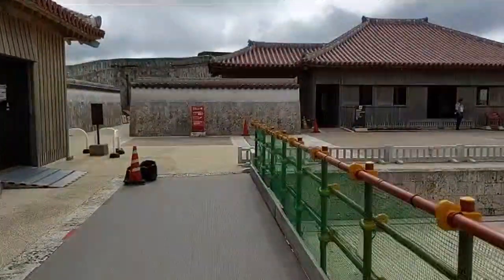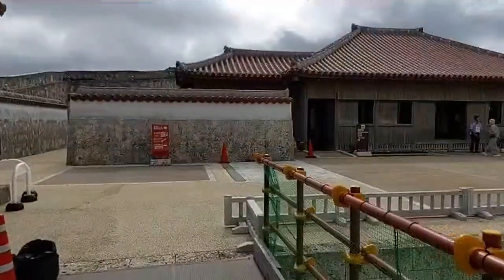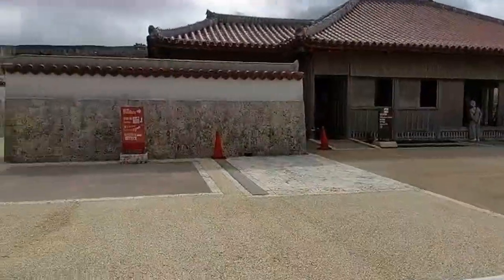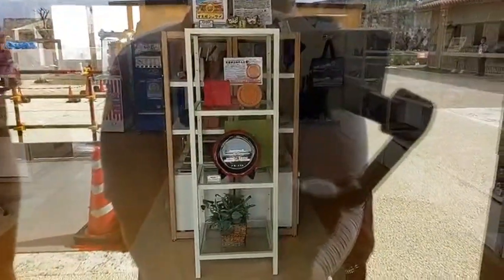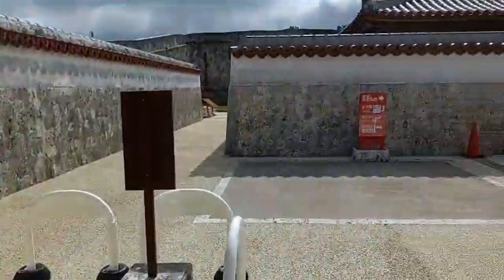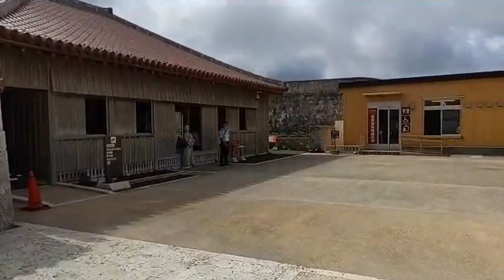Okay, so is the gift shop open yet? It opens at 10. Gift shop not open yet, but we can take a little peek inside. The gift shop was actually built on the site of the old women's quarters. Is that right? Yes, it was. That's what Hokama Sensei said. It's a good spot to go in, take a break, get some shade, get a drink, and pick up some nice gifts. Right, let's go over here